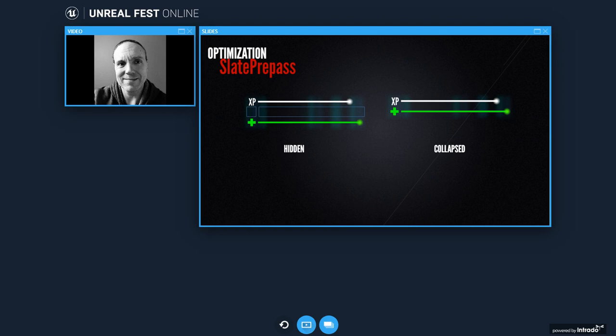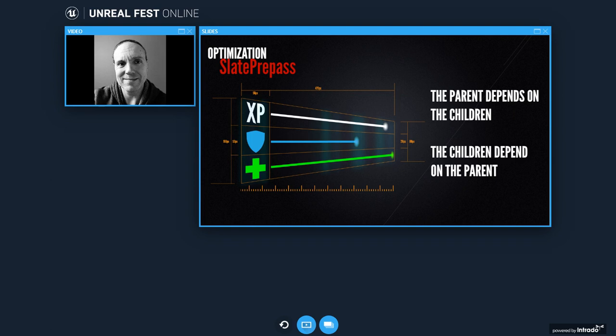If we're hiding the shield component, if we mark this as hidden, the hidden widget still needs to recalculate its geometry in the prepass. But if we collapse it, the collapsed widget does not. Now, obviously, sometimes hidden is preferable for your screen layout. But if you don't need it to be hidden, you should choose collapsed.